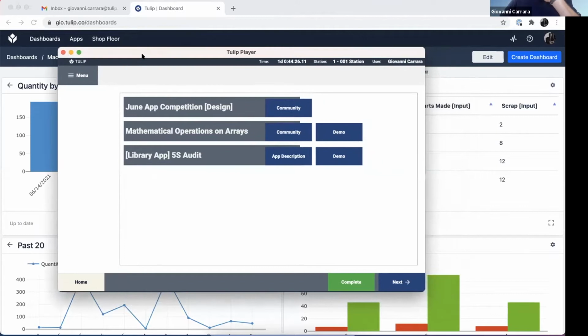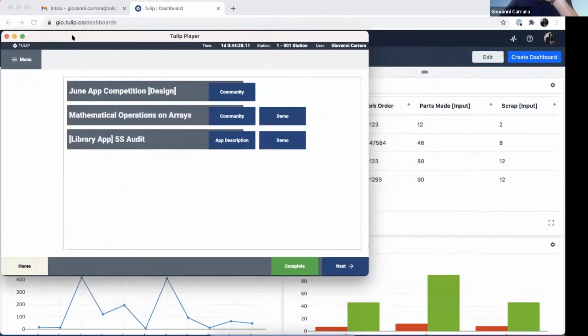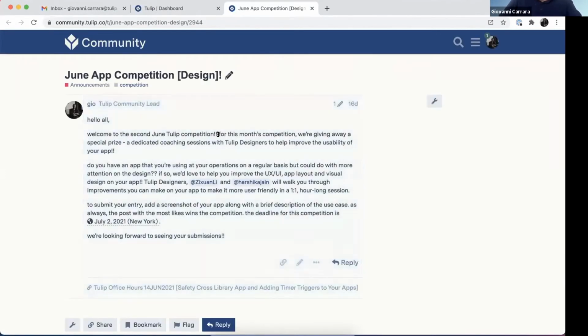So yeah, a couple of things I wanted to cover today before we open up to Q&A. The first thing is the June app competition. For this first competition, we haven't actually received any entries yet, and the deadline is tomorrow. I think it's interesting that there haven't been any entries yet, because it is a really interesting